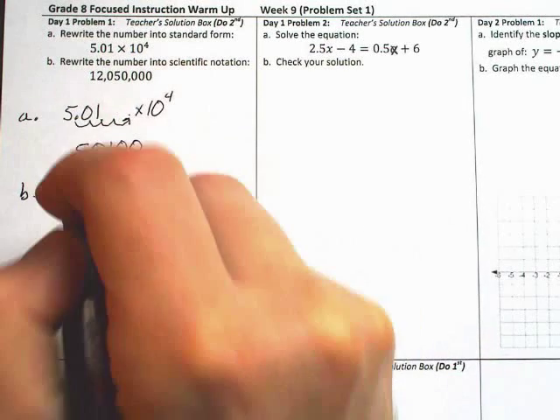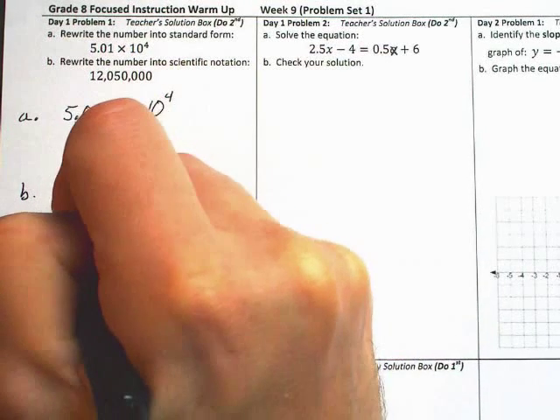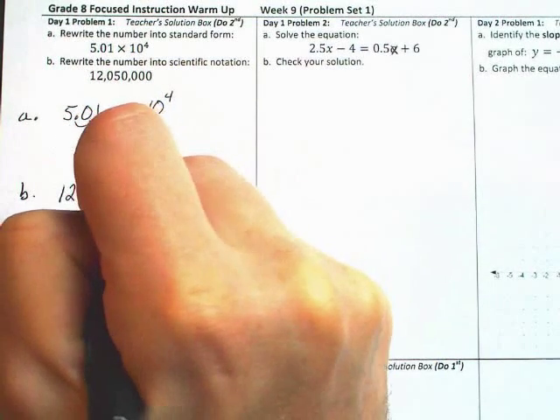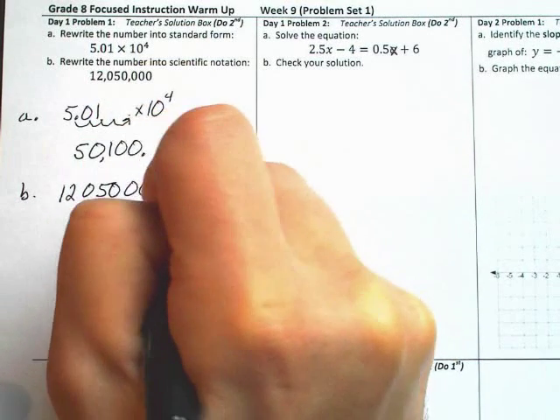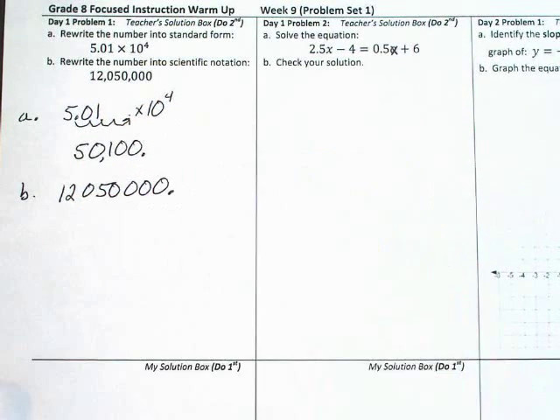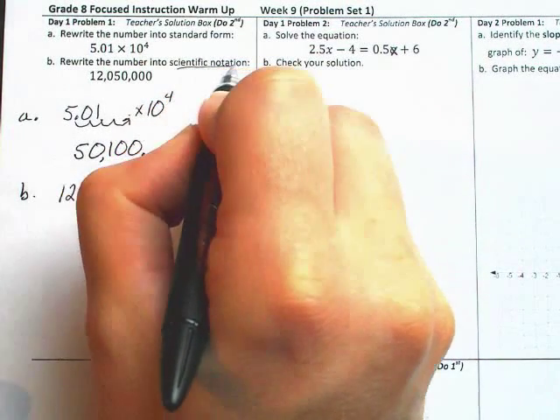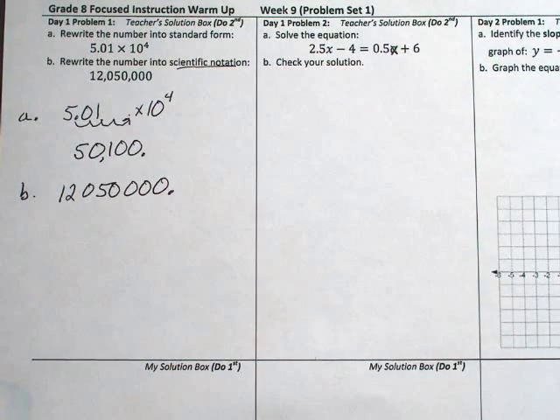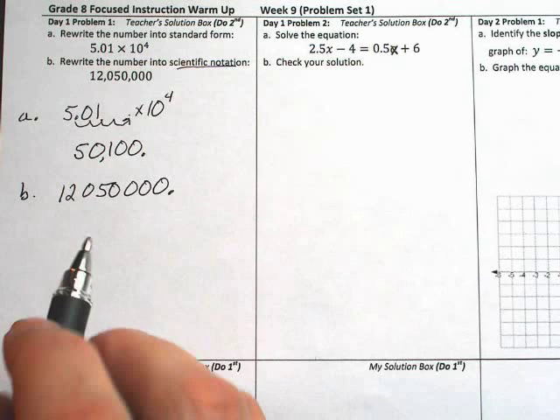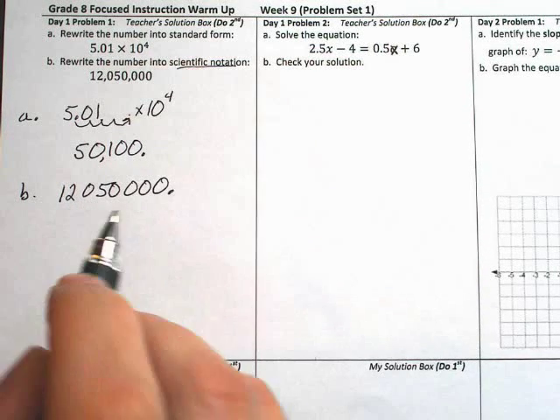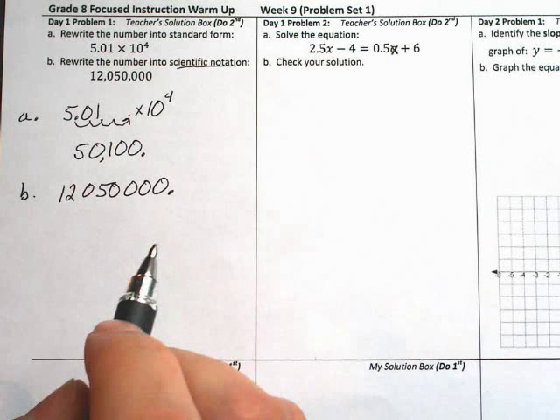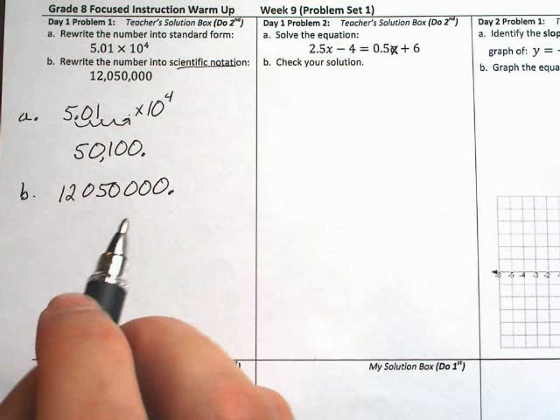Now part B. This time the number given is 12,050,000, and the decimal point is at the end of that number. We are asked to change that into scientific notation. Scientific notation is often a faster way to write numbers when they become very large or very small. And this number here, 12 million, that's a fairly large number, and scientific notation might have been a faster way